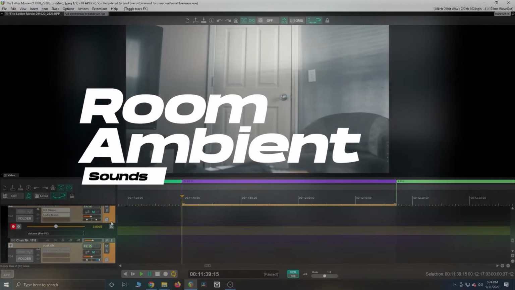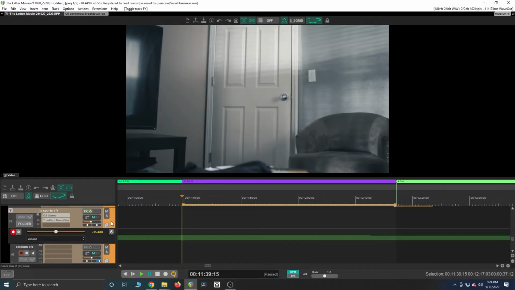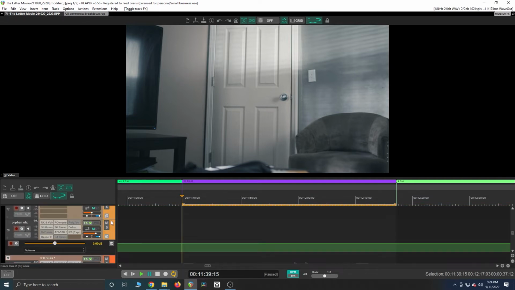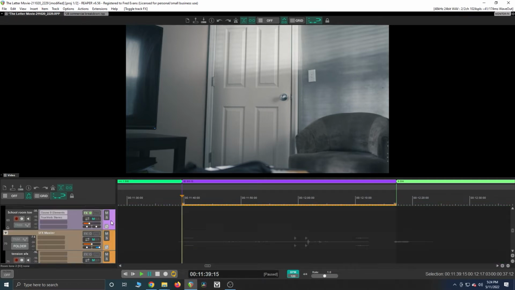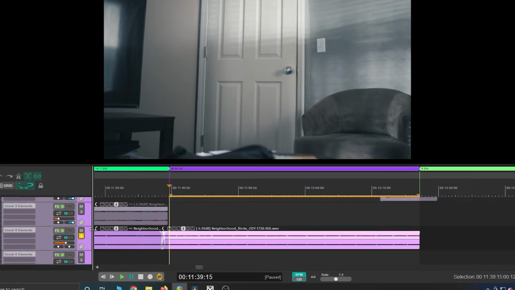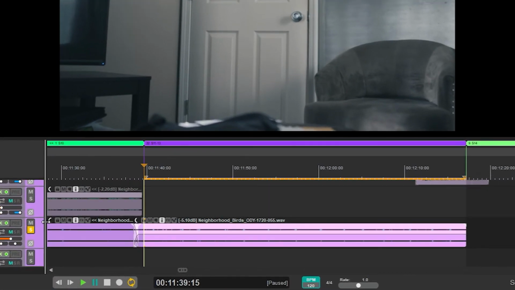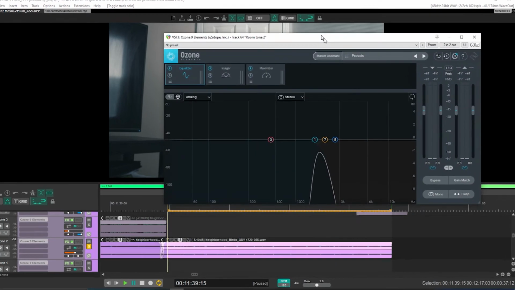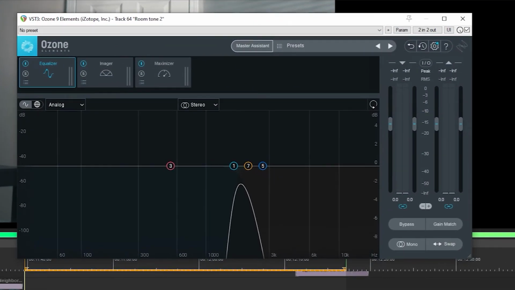To start, we're going to focus on some of the layers that I've worked on. And the biggest one that I usually like to focus on is the room tone. Now, I don't necessarily record too much room tone on my own if I know I'm going to be doing post audio. I like to replace a lot of my room tones with room ambience because ambience really tells a story. So for this particular room ambience, I had some neighborhood bird sound effects that I found, and I really just mutilated the crap out of it in EQ.